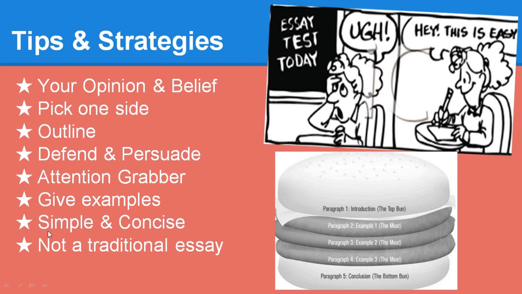And this should not be like an AP Literature or AP Language essay. This should be something very simple, very concise. Don't try to use elaborate wording or some type of fancy structure. This is just straightforward. Give your opinion, give an example and reasons as to why your opinion is the right choice, and stick to it and just try to persuade the reader. And like I said, it's not like a traditional AP Lit style essay. Don't try to be that fancy or very analytical of everything.